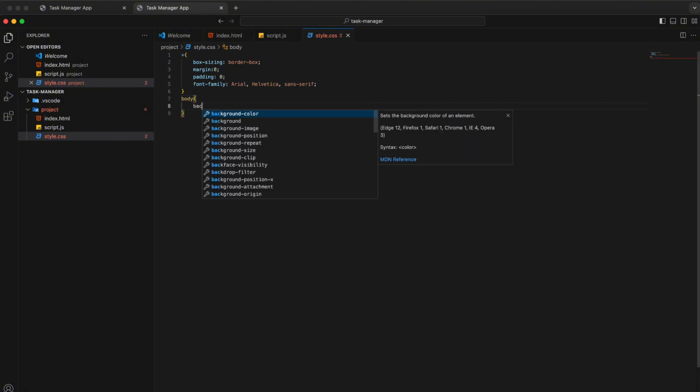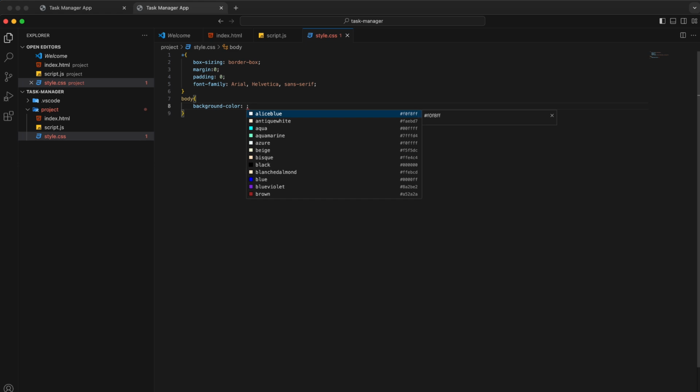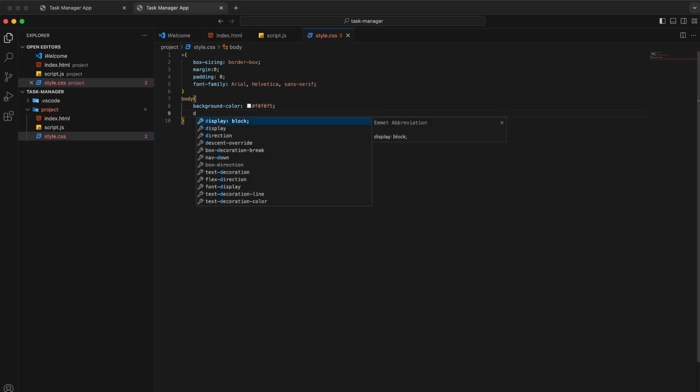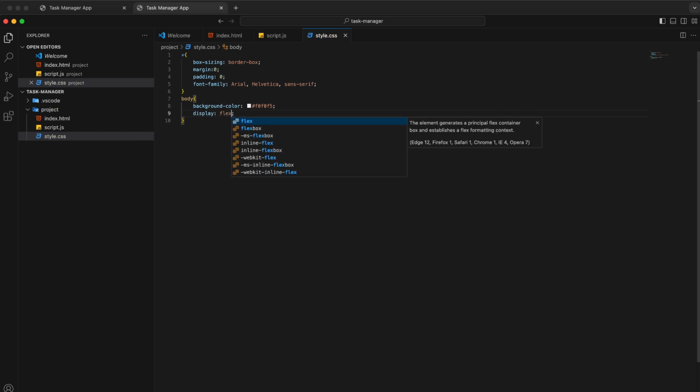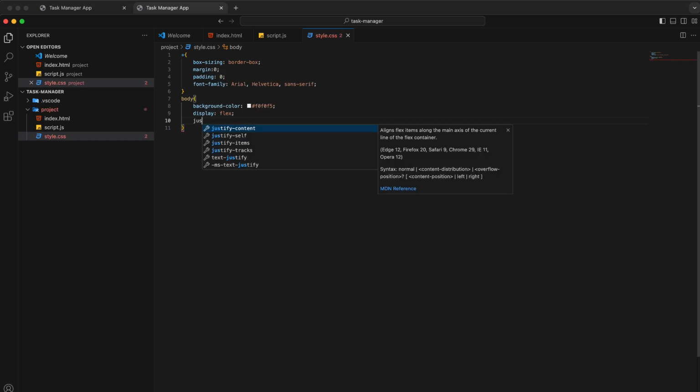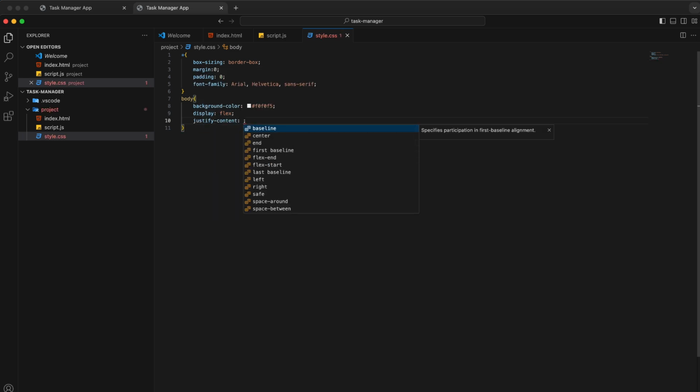We are going to have a background color. So let's take some random color, F. Okay, and this is kind of a light background for the body. And of course, we are going to use flexbox. So display: flex. We are using flexbox for layout, and we'll also justify content to center